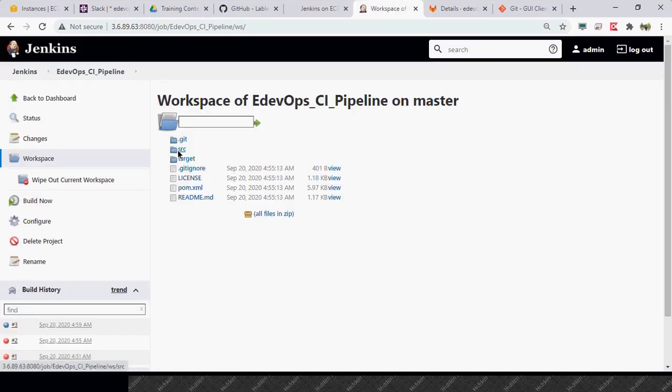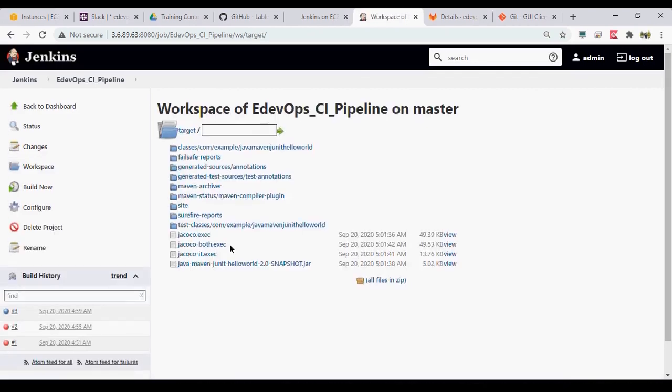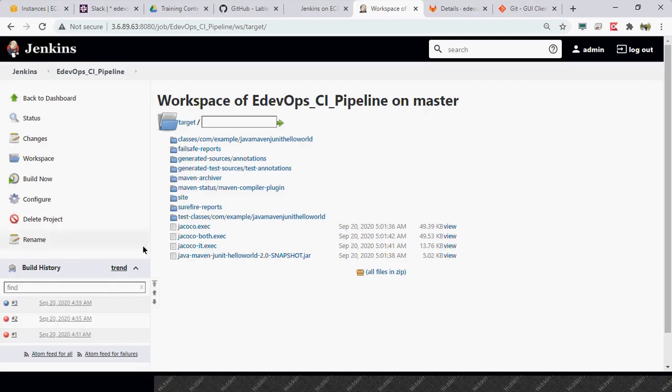The SRC folder, license file and readme were downloaded. And the target folder has been generated, so it contains all the output files which have been generated as a part of the build. Okay, so we will see how it works.